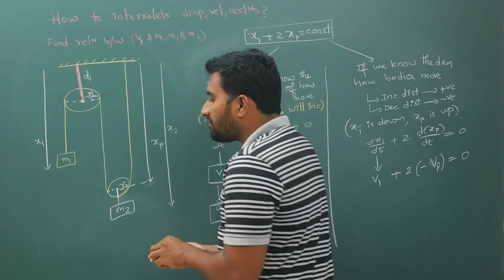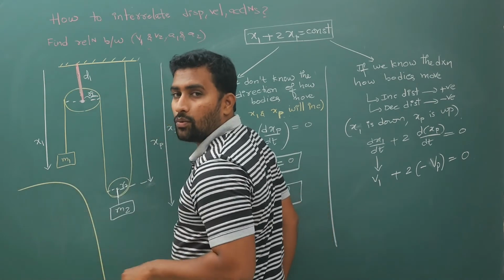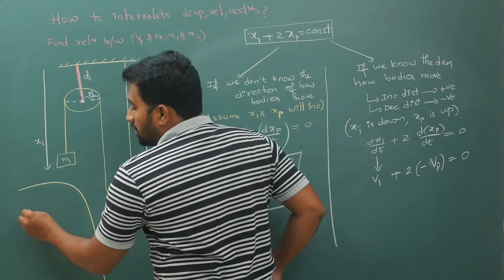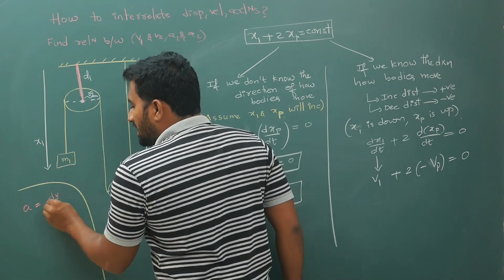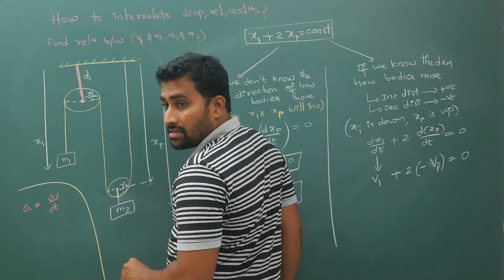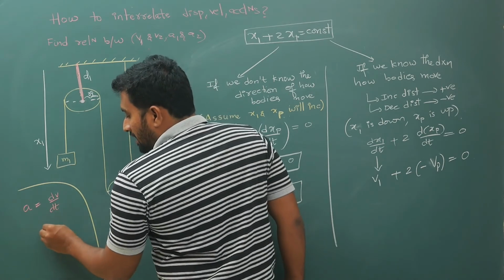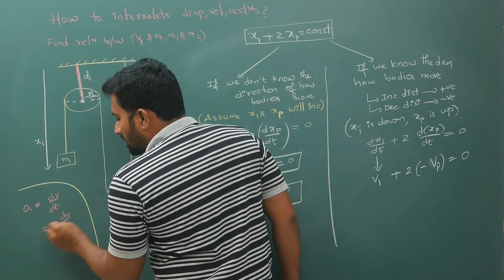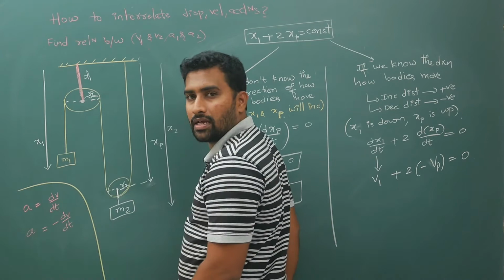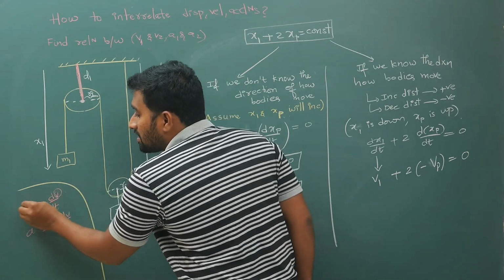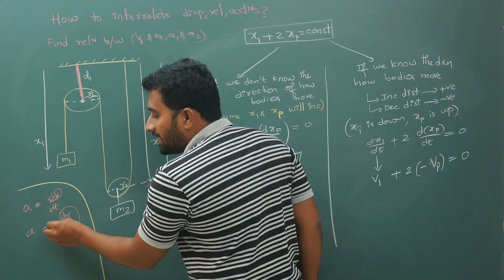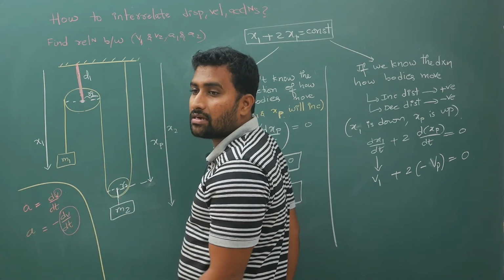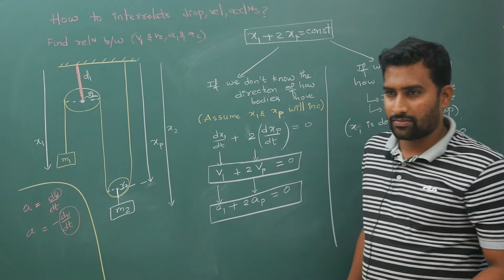Okay, if you are getting confused, if you watched my kinematics videos, you will write dv by dt for acceleration. For deceleration, minus dv by dt is your deceleration, still it is a only. But if v is increasing, this is plus a. If v is decreasing, still if you want to write dv by dt, this minus a, if you take it to the other side, it will become minus a.